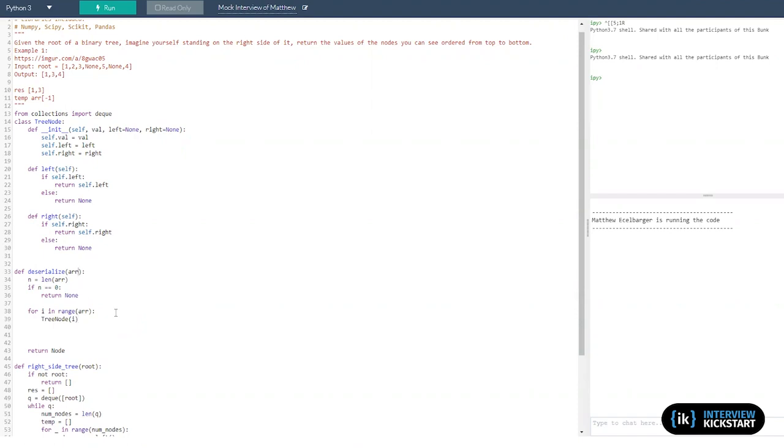So this is the value, and node is equal to that. And then we want to put node